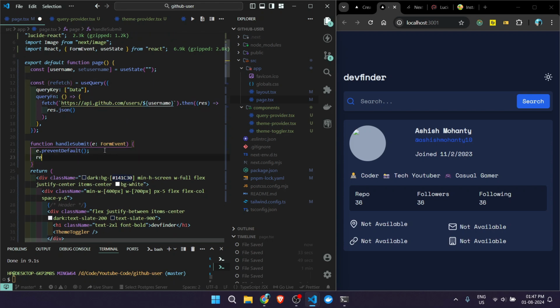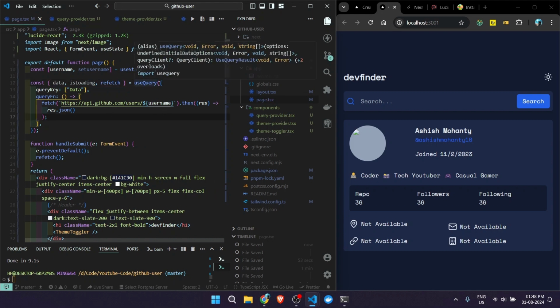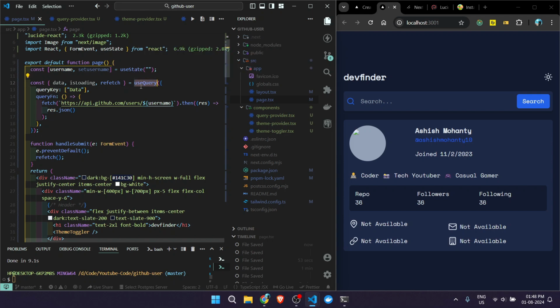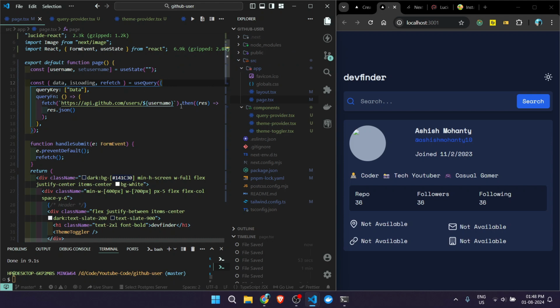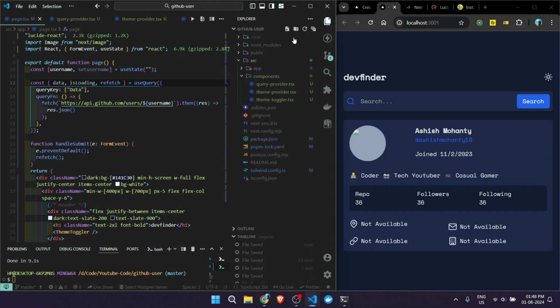So here I can call refetch, and here I can get data and is loading from our use query. Now as I am using TypeScript, I need to provide some types for this use query because it's of any type. So what I can do is create a file called types.ts,